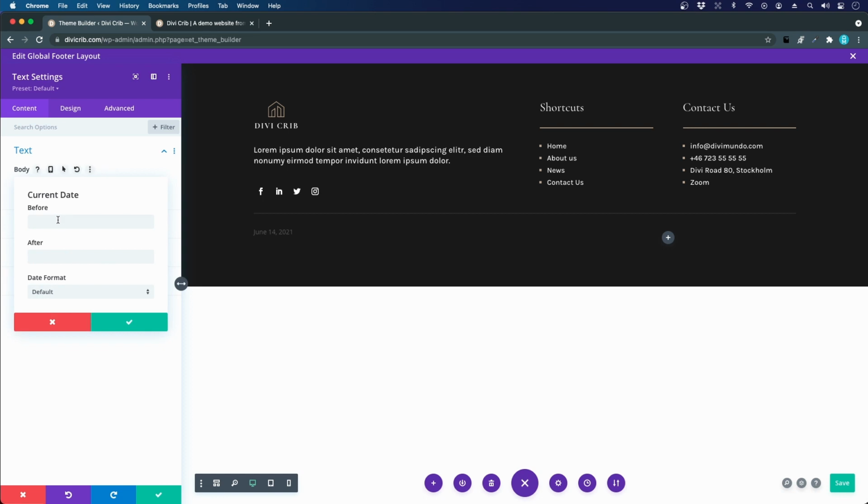So before the current date, I want the text to be copyright. And then I want to have the copyright character. So I just press Command V to paste it. There we have it. And then I have a space again. The date format, now it's June 14, 2021, which happens to be the current date, but I just want to